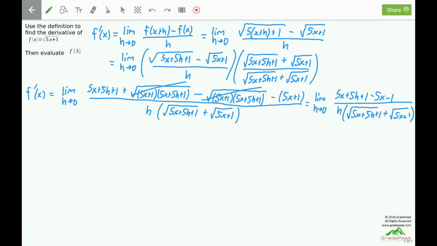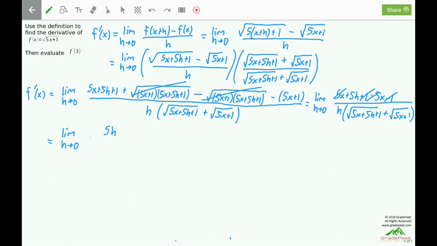And combine these like terms together. Remember, at this point, all terms that do not have an h should be canceling. There's a positive 5x and a negative 5x. There's a positive 1 and a negative 1. And that leaves us with just that 5h. All terms that don't have an h should cancel,